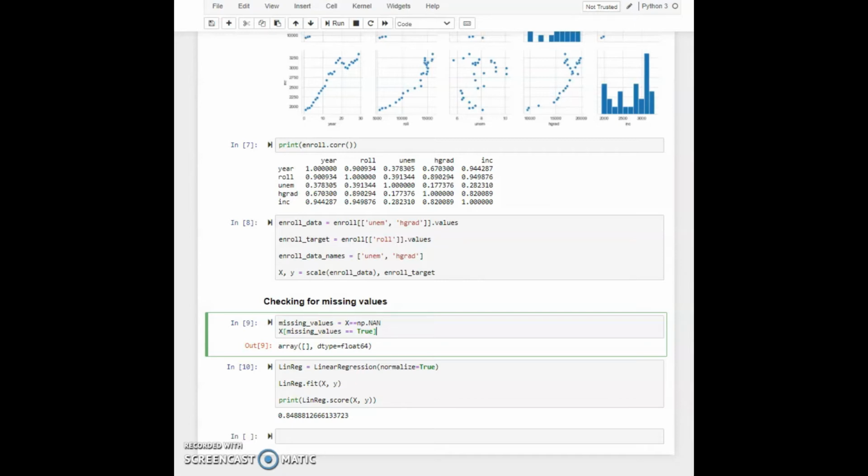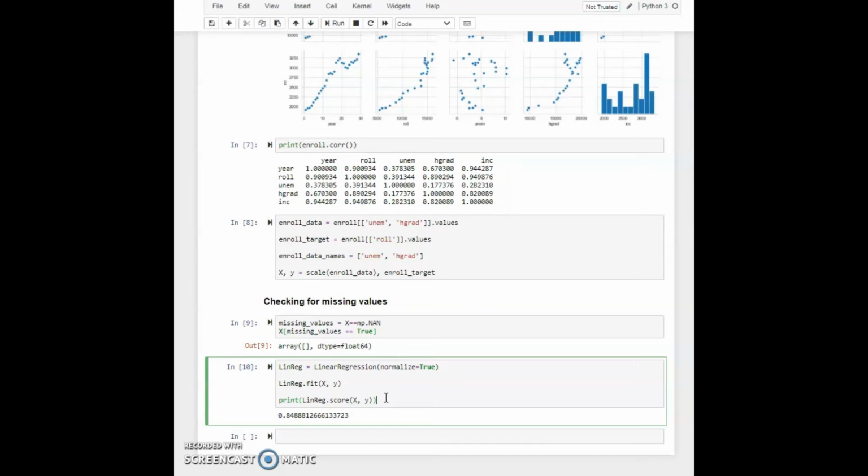So the next thing that we need to do is instantiate a linear regression object. We are going to call it linreg, and we are going to say linreg is equal to LinearRegression, and then we want to say normalize is equal to true. This tells the linear regression model to normalize our variables before regression, and then let's fit this model to our data. To do that, we are going to call the fit method: linreg.fit, and we'll pass in our data, x and y.